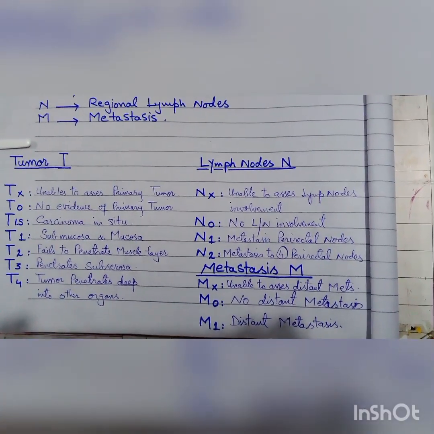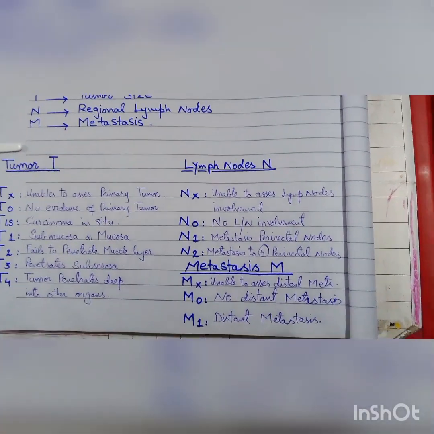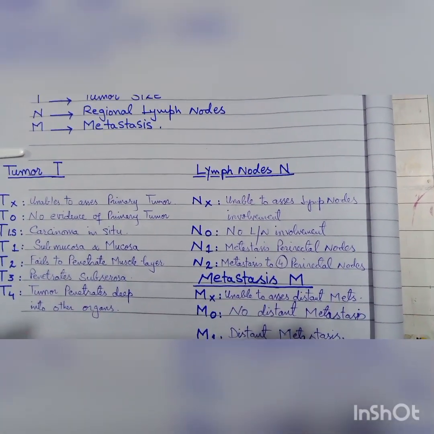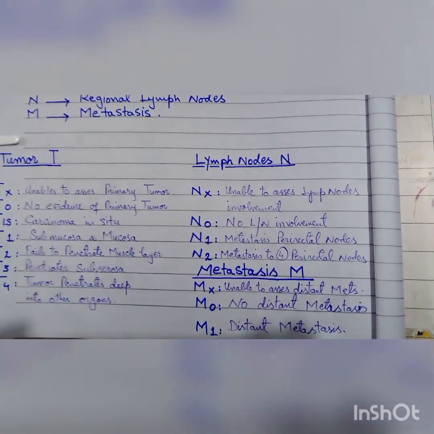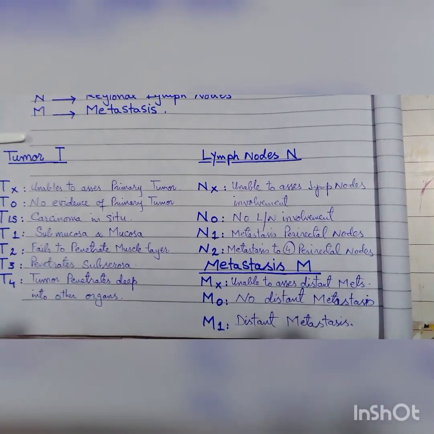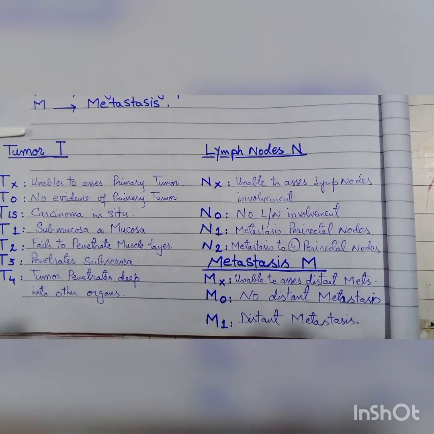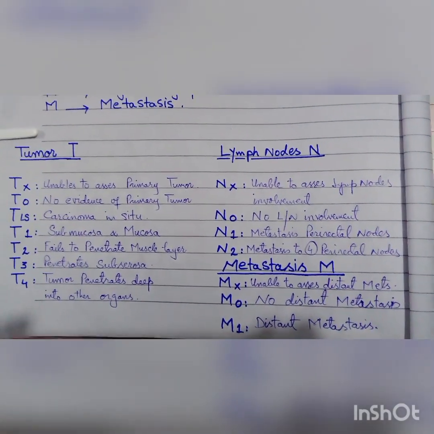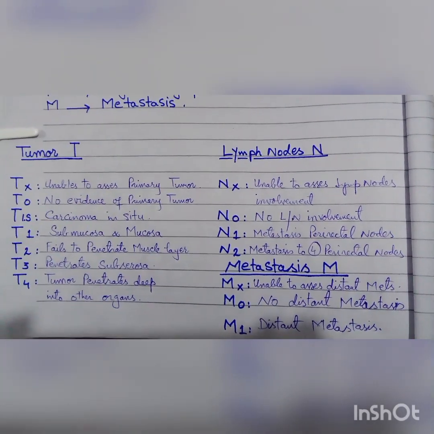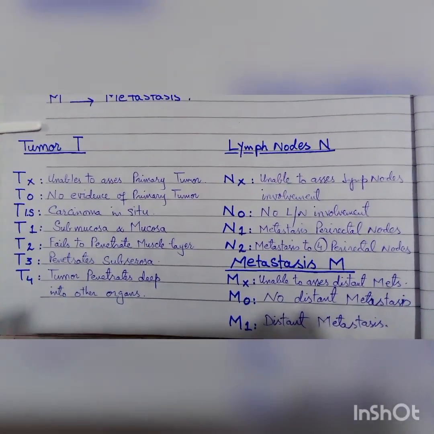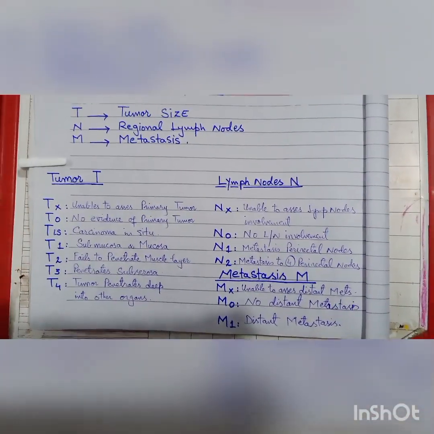Now M stands for metastasis. MX, there is no accessible distant metastasis. M0, no distant metastasis of the primary tumor is observed. And M1, distant metastasis is observed. So this was very brief